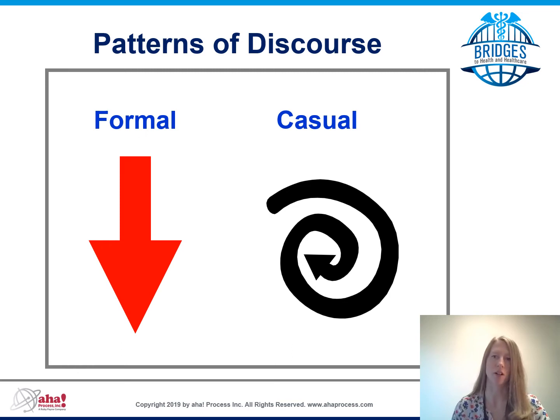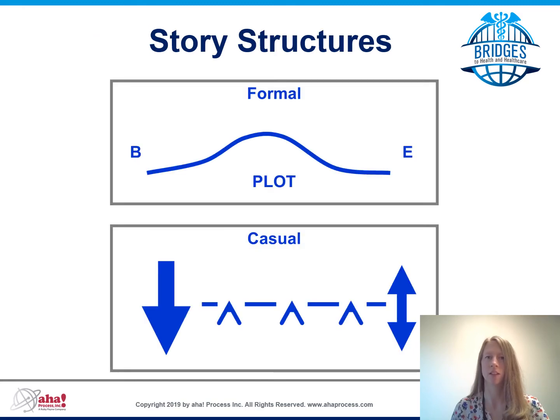A casual story structure, on the other hand, may start at the end, then weave in elements from the beginning and the middle, peppered with lots of nonverbal communication or interjections from friends and family. The top box here illustrates the formal story structure, which has a clear-cut beginning, hence the B. It moves through a sequence of events, a plot, then down to a definitive ending, E. This story tends to move chronologically, past, present, and future. It's about sharing information.